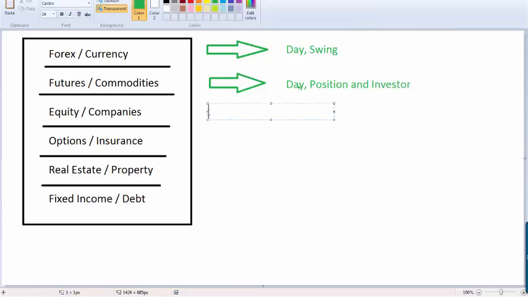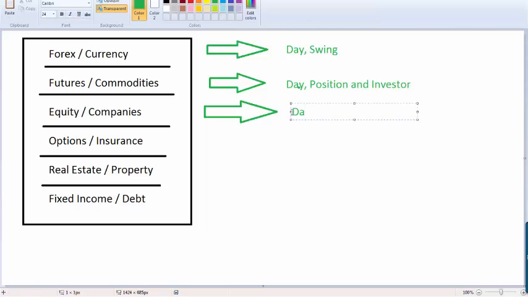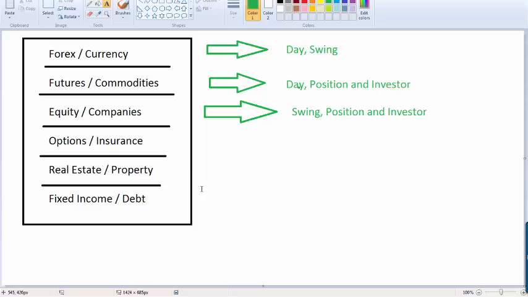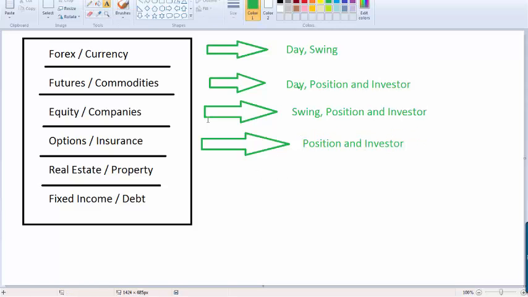With equity, with companies, all of the above, right? Each of you would have your own answer to this. But for me, with equity in companies, sometimes I'll day trade it, very rarely, so I'll leave that one off maybe. Swing, position, and investor. See, you might have a different approach depending on the area. Options for me is usually position, actually, because I don't really scalp them like some people do. I usually use them for position trades, weeks to months. In general, there's always an exception to your rule, right? Position and investor.